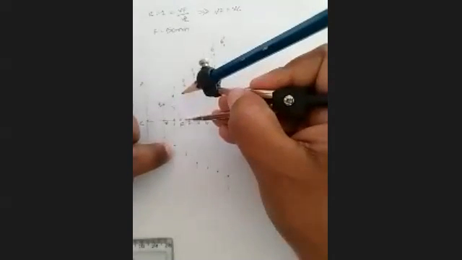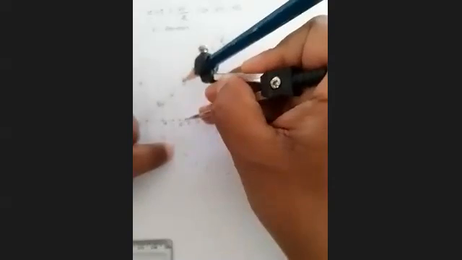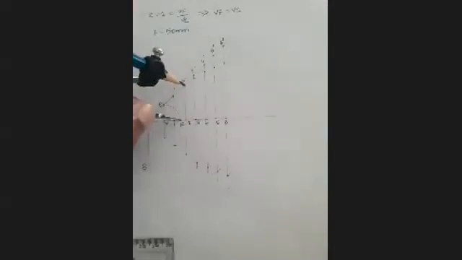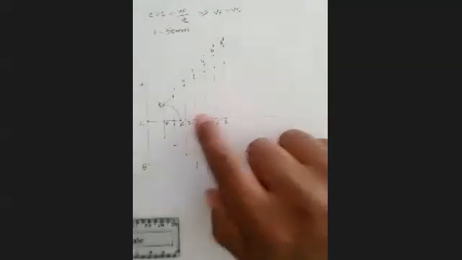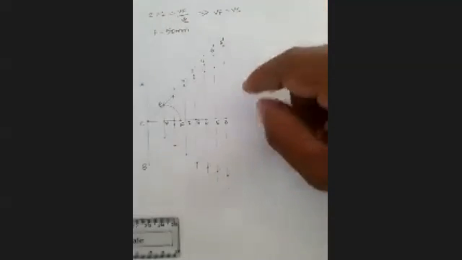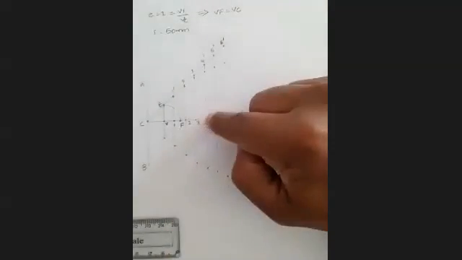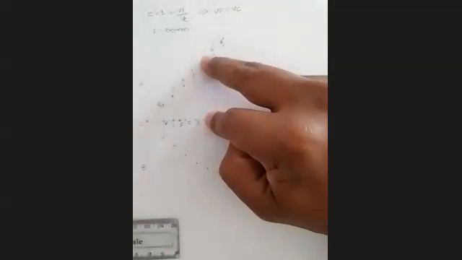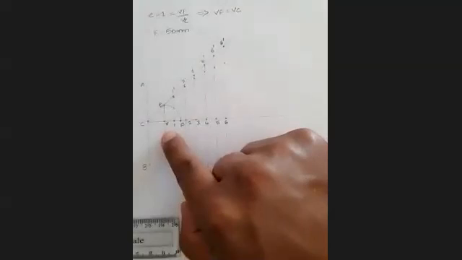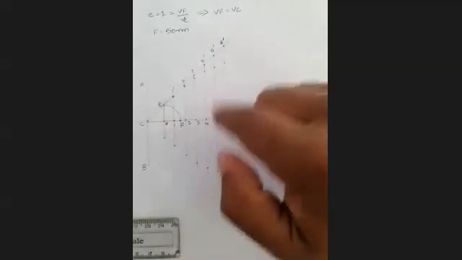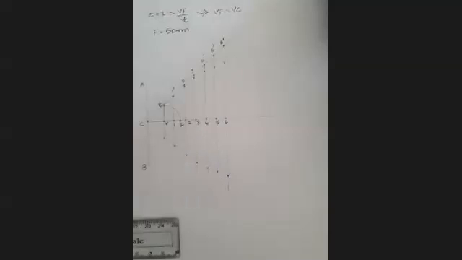Next, go to the second line. Take 2 to 2 dash as radius, F as center. Cut the arc above and below. Like that, you go to all the points, take the corresponding radius, F as center, and cut the arc on the corresponding line. For example, if you have taken 4 to 4 dash as radius, take F as center and cut the arc on the fourth line, above and below. Like that, you need to proceed.